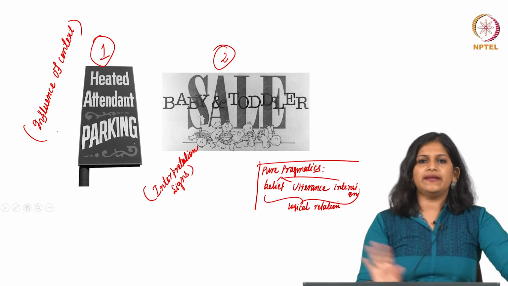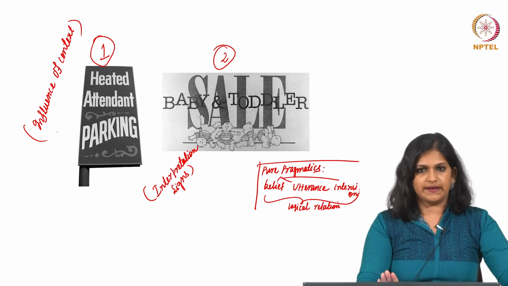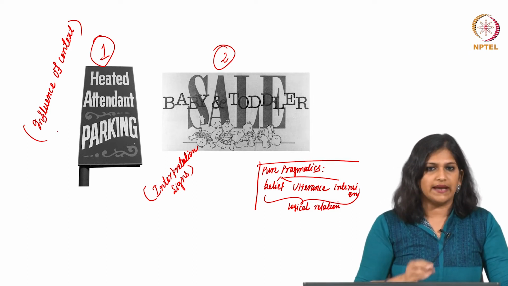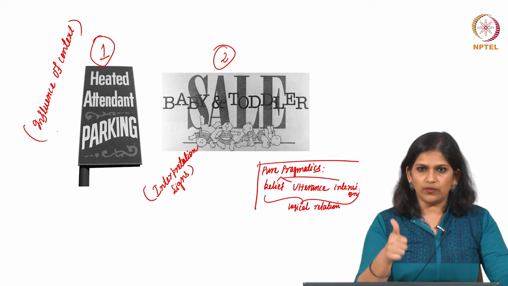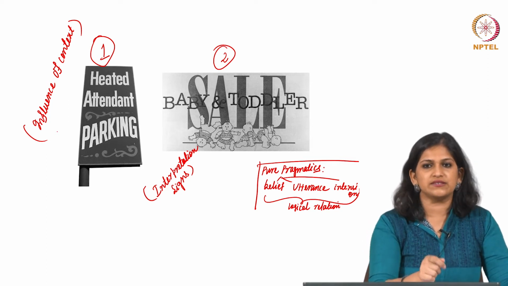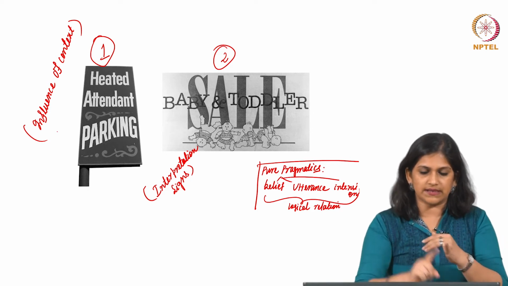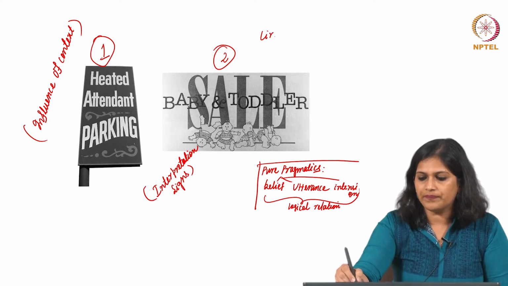Okay. Nobody actually told you that the sale is for clothes. Nobody told you the parking is for cars and it is the help of an attendant, but you got it, you understood that this could have been the possible meaning, and these are the different kinds of context. So, what are the different kinds of context here? One is the linguistic context. And what is linguistic context? What is written, the linguistic phrases which have been used, the letters, the words which have been used, that is the linguistic context. Besides the linguistic context, you have also a co-text,